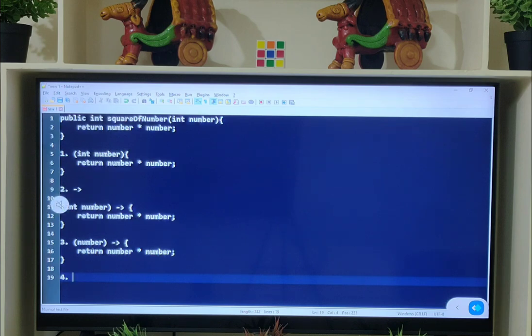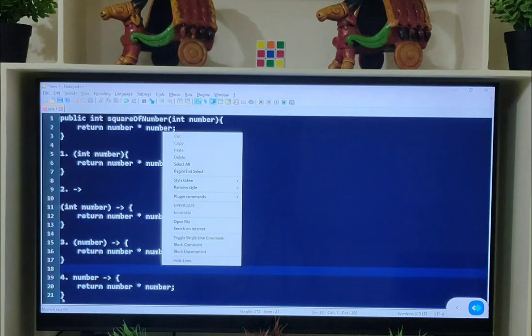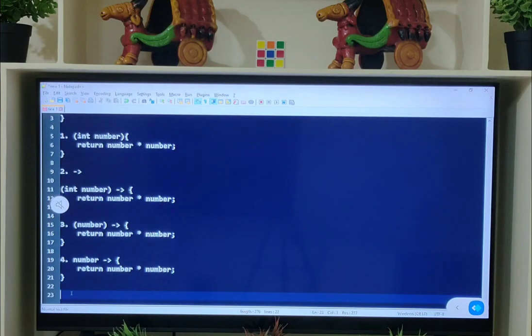If you observe the above step, in the braces you have only one parameter. If you have only one parameter, you need not put this parameter in braces. Let's remove those braces also. Number, return number into number. If you observe the above step, how many statements do you have?